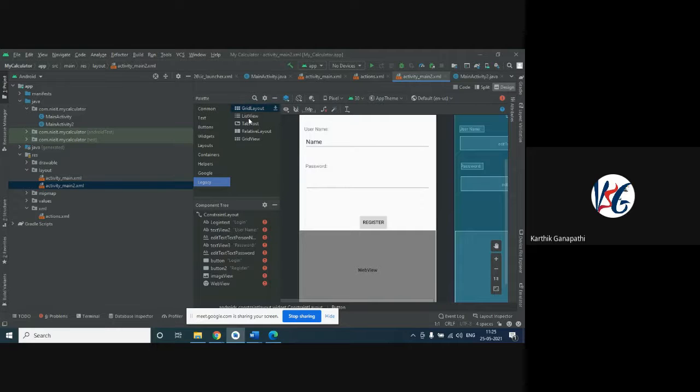For example, how many categories of vegetables are available? How many categories of groceries are available? If that is the case, we'll be using vegetables, fruits, something like dairy products, milk products, and other things we'll be adding. So this type of listing will happen. When you click on that, the particular listing will pop up, right? This type of listing is going to be viewed in this list view. We are going to place this type of components inside this list view.